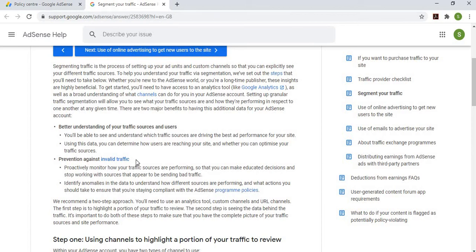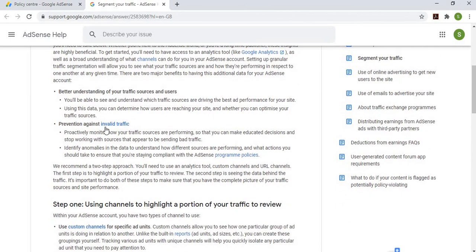Now, how can you prevent invalid traffic? For this, you need to be proactive and monitor how your traffic sources are performing. Like, if some traffic sources come to your site, check whether they are reading your articles or just intensely targeting and repeatedly clicking your ads.